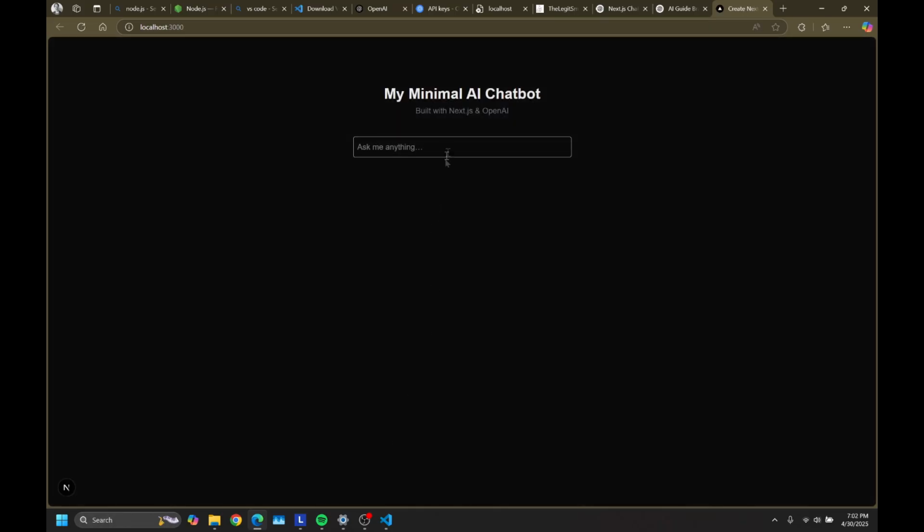And there we go. Hello. And it works. Now that the chatbot is working, let's talk about how you can modify it for whatever you